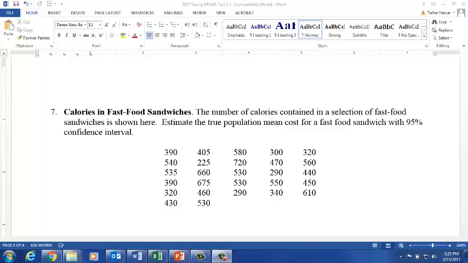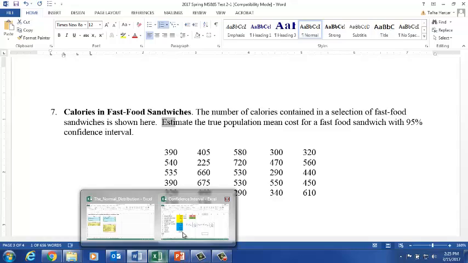Okay, now question number 7. The number of calories contained in a selection of fast food sandwiches is shown here. Estimate the true population mean cost for fast food sandwiches within a 95% confidence interval. So this is an estimation, so we need to estimate the confidence interval, which